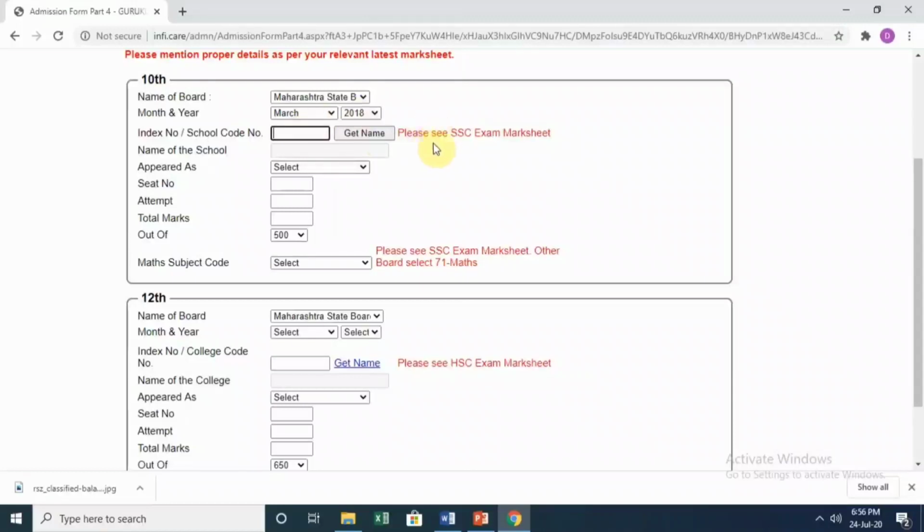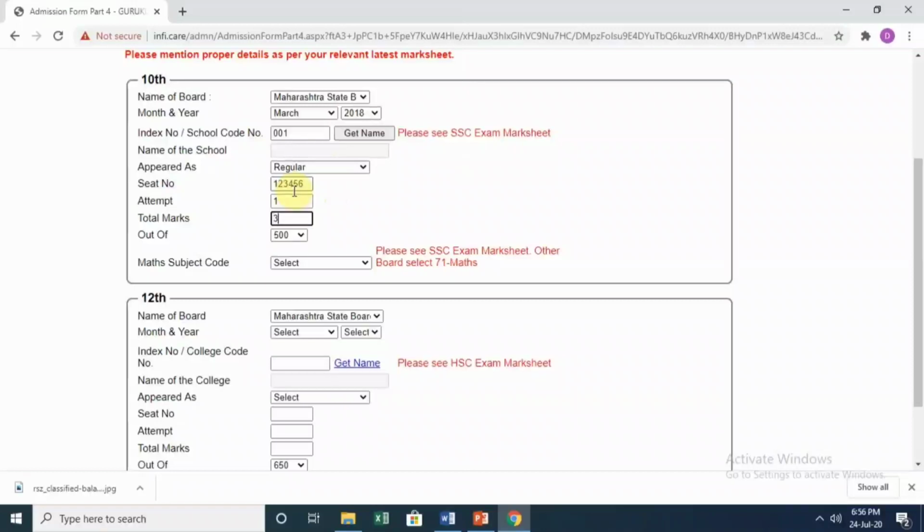It will be mentioned in your SSC exam mark sheet. Appeared as regular. Put down the seat number. Attempt, whether you have cleared in the first attempt or multiple attempts.